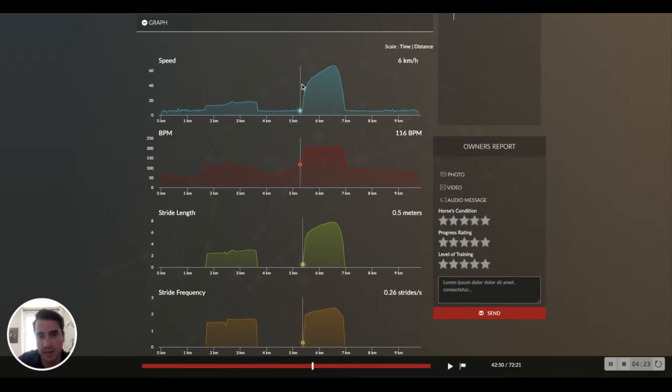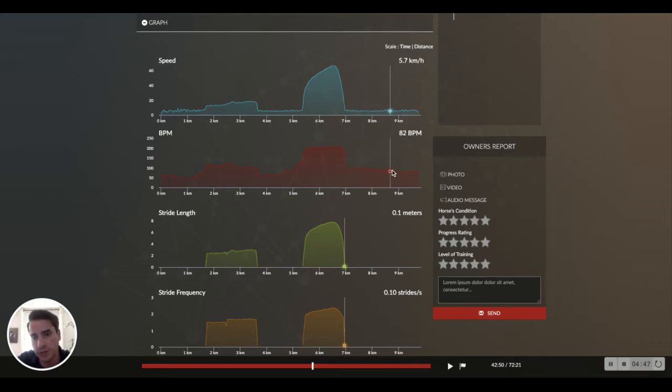So with the fast gallop, we can see here the speed curve, very progressive during the work. You have the level of heart rate. And it's very interesting because you can see that as soon as the speed is decreasing, the heart rate goes down and stabilizes at even less than 100 beats per minute. So this is a sign of very, very good fitness after such an exercise.